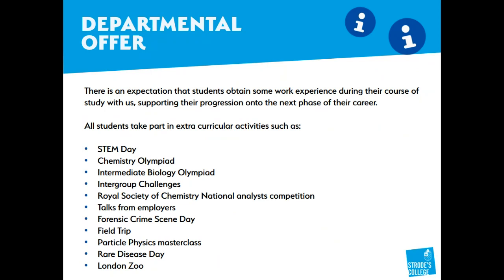In addition to that, students also take part in a variety of extracurricular activities, one of which is called STEM Day. STEM Day is an opportunity for students across not just science departments, but also maths and computing and sports science and DT to come together to take part in a variety of activities. Some of the activities that we put on during STEM Day are masterclasses delivered by university staff on some of the current up-to-date topics that they're working on. We also get employers such as